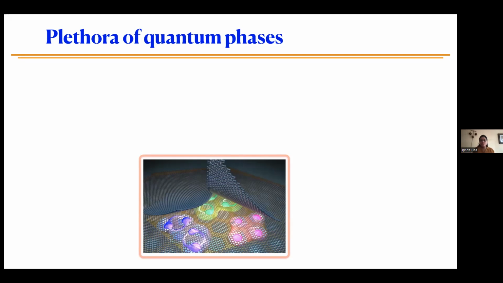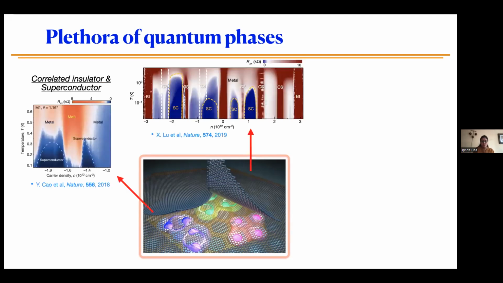So it took many years to finally make a device which was twisted by exactly 1.1 degrees. This discovery was in 2018, when Pablo's group at MIT found that if you rotate the layers by exactly 1.1 degrees, you see different correlated states in the system, for example starting from a correlated insulator to even a superconductor. So just to explain the phase diagram here,